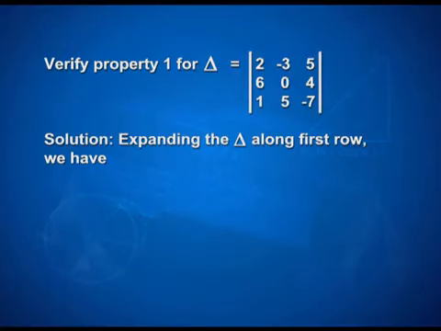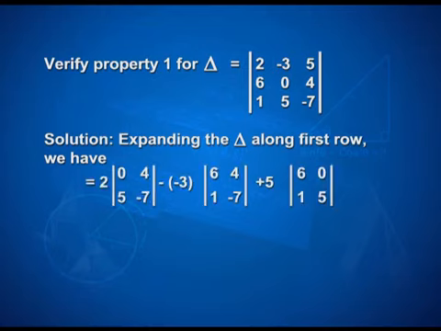For the solution, expanding the determinant along the first row, we have the determinant equal to 2 multiplied by determinant 0, 4, 5, minus 7, minus 3 multiplied by determinant 6, 4, 1, minus 7, plus 5 into determinant